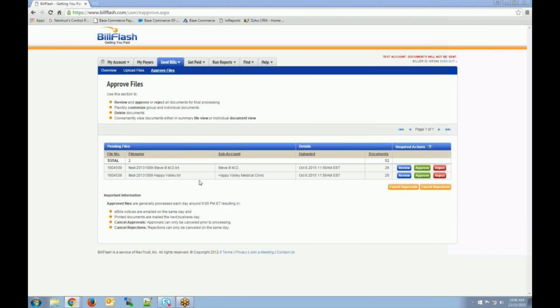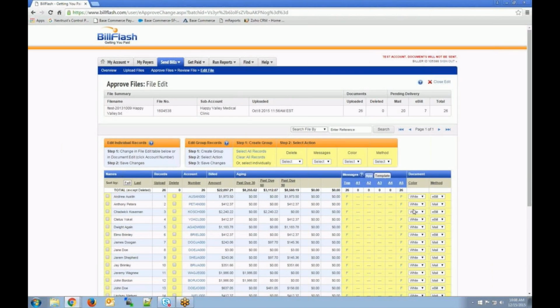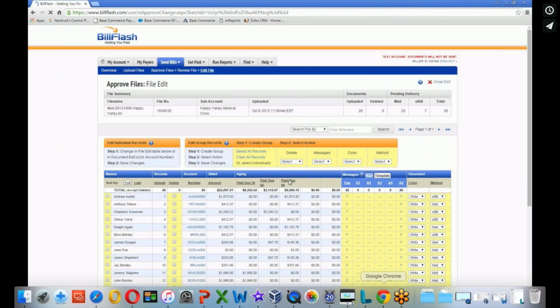But the first step is to get the file in the Billflash. For now, I already have a file here. So I'm going to choose Review. And then I'm going to choose Edit File. Now that I'm here, I can sort by the criteria that I want by using these drop downs here. In this case, I want to add a message to anyone with a past due balance of more than 90 days. So I will select here,